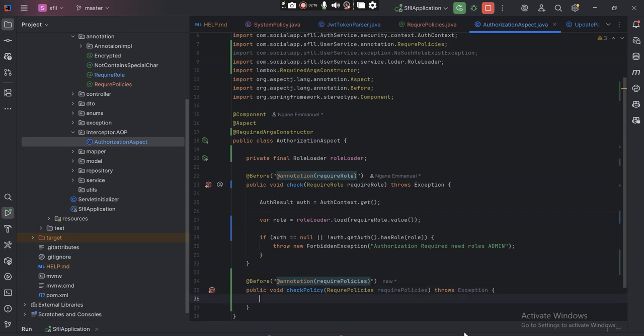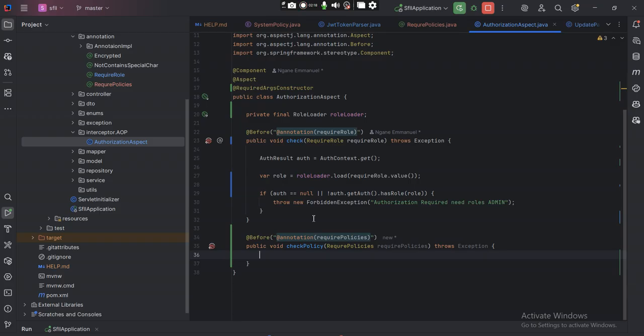And it was an exception, right? Essentially, what we are going to do here is, again, get the auth results, or get the context for the user, right? That contains the roles and the policies. This time around we don't need the role, because the policies have been passed as system policies. So what we are going to do is run this check, which we are going to type: if